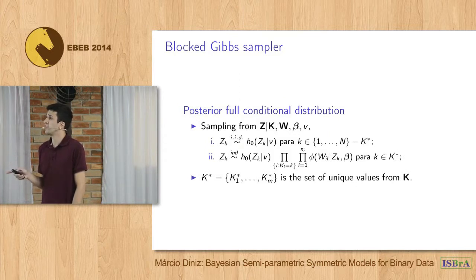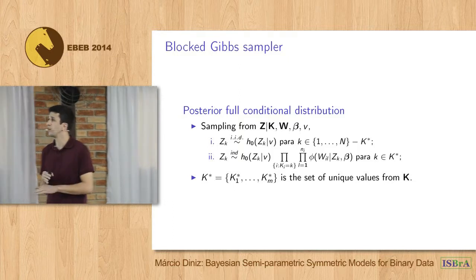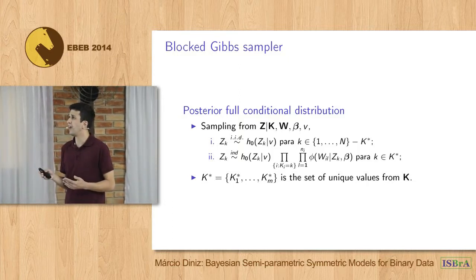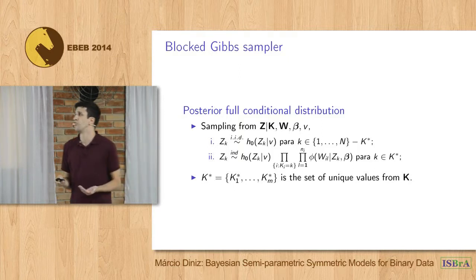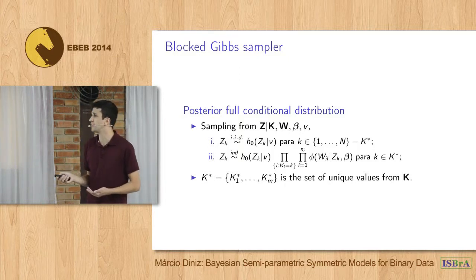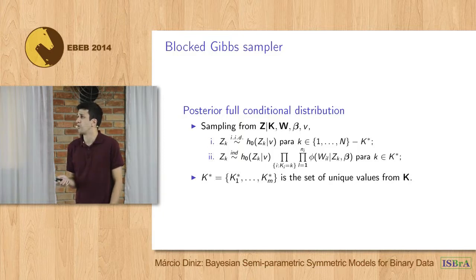Sampling from z is divided in two parts. The first part treats the z variables that are not associated with any precision tau_i, so we can sample the values from the baseline distribution H0. The second part treats the z variables which are associated with some latent variable W. So it's necessary to calculate the posterior distribution between H0 and the normal distribution. And then